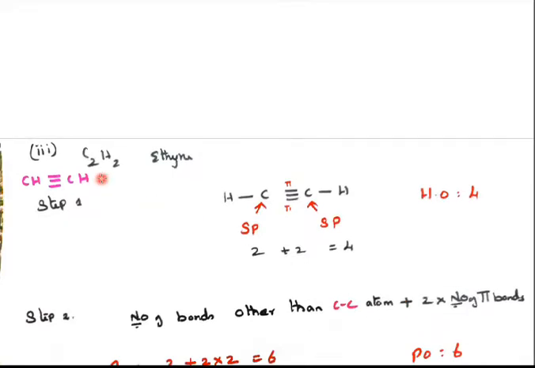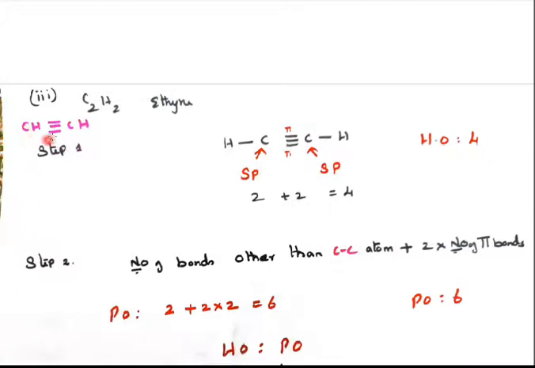And the next example, C2H2, ethyne. I have given a triple bond example. So I have given single bond, double bond as well as triple bond. No confusion in the examples, so have conviction and then you will find the very good answer. So CH triple bond CH. Here it has 2 pi bonds and 1 sigma bond. A triple bond means the hybridization is sp. Triple bond sp, double bond sp2, single bond sp3 hybridization. Mind it.